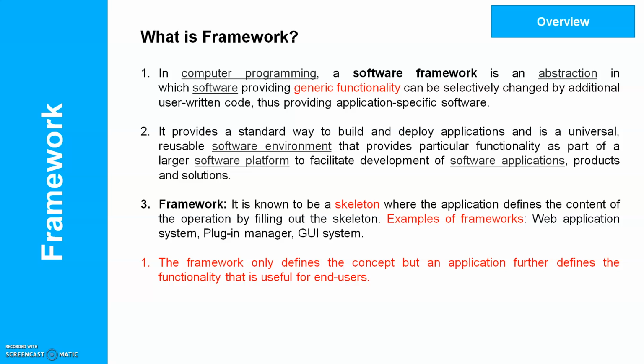What it means is, suppose we are developing software for banking, for a supermarket or any other product. In these different applications many of the tasks are the same, so we need many generic functionalities in all. Such generic functionalities are made readily available to the developer so that they can save their time. Using those generic functionalities, the user then has to write their code to build that particular application-specific software the framework provides.